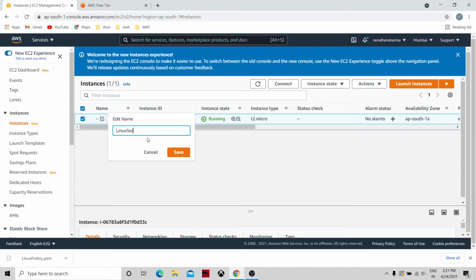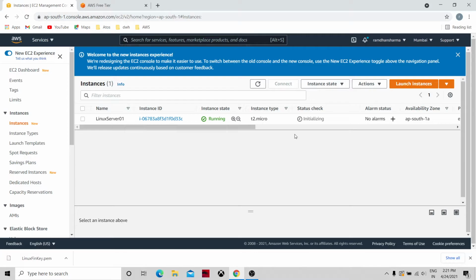This is the instance ID. Now it is in running state, but this machine is not available to log in because the status check is initializing.